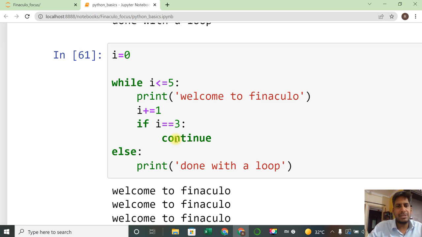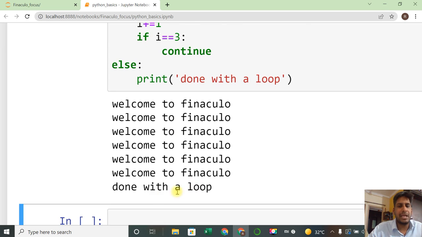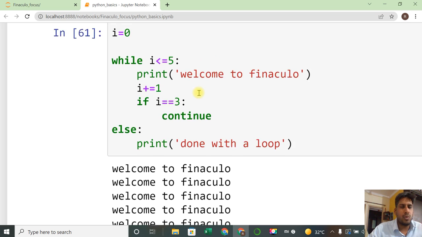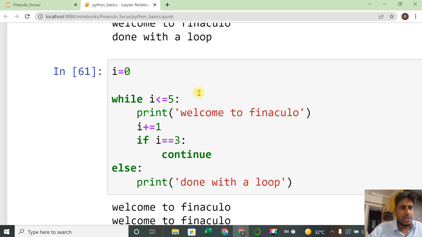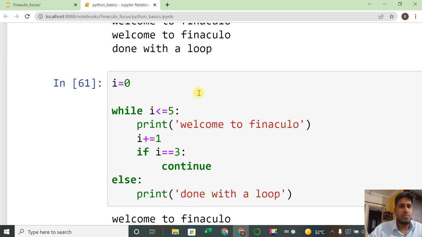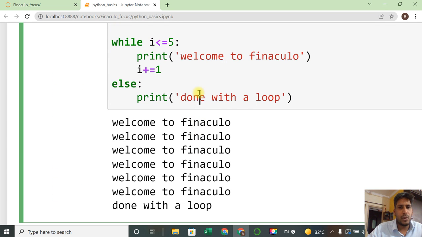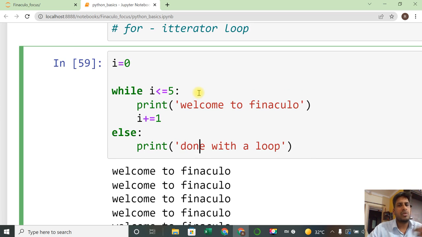Continue also we can do, meaning it will keep continuing and it will break the loop once it has been done. If it is true, then also we can say continue. Like this the loops are working. We can break the loop, or we can continue the loop, or we can interrupt the loop in between. We can print anything by using a while loop. In the next session, the one more important loop we are going to discuss is the for loop.